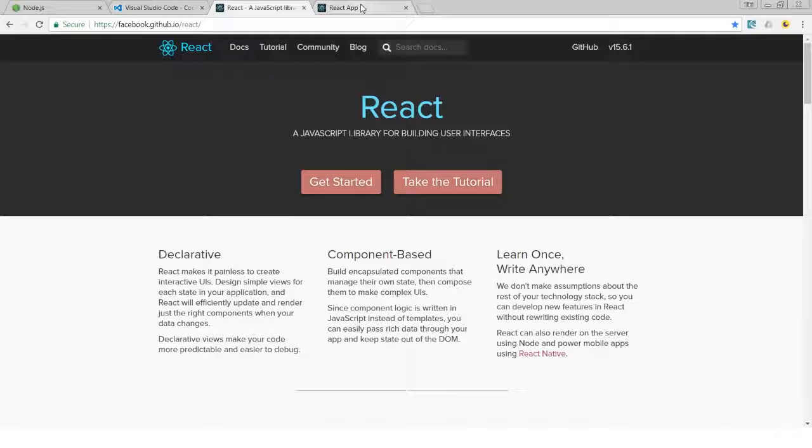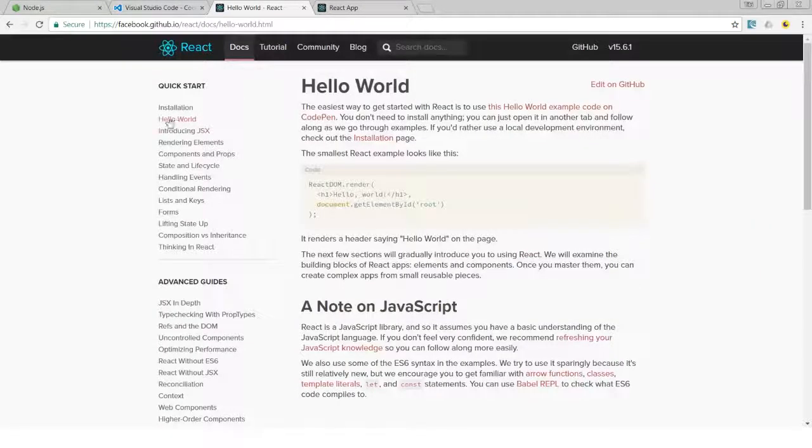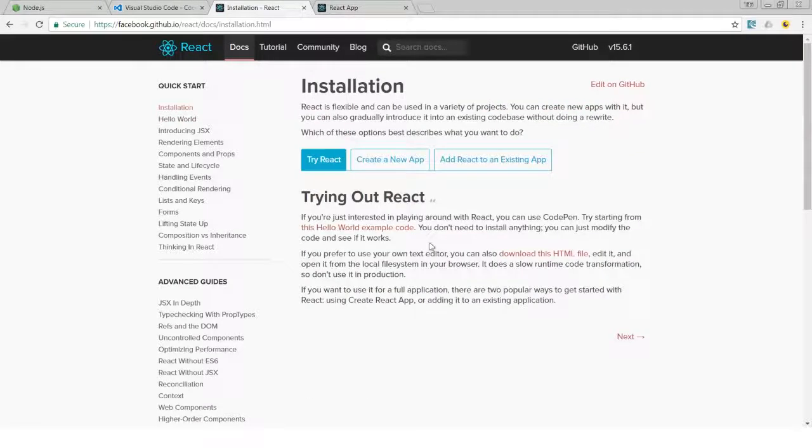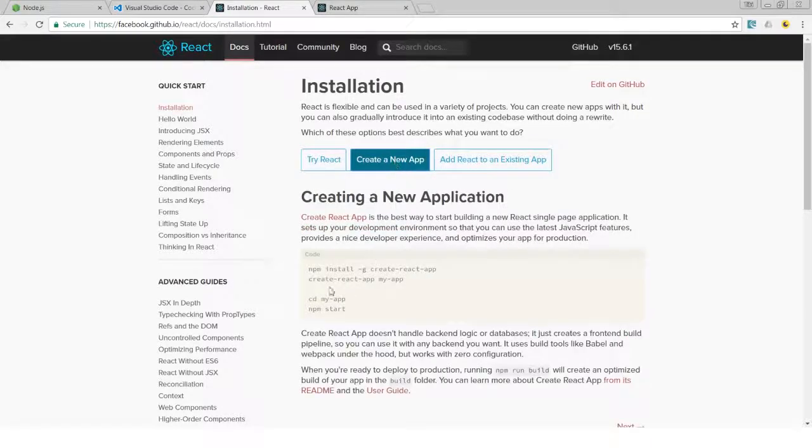Now, if you forget how to do those steps, you can always go to the official React website, go to Docs over here, and on the Docs you'll see right there in the top, installation. Just go ahead and click on that, and you will see all these options right here. I'm just going to say create a new app, and you can see all the necessary code. And that's it. Next up, I'll show you how React actually does its magic, and I'll see you in the next